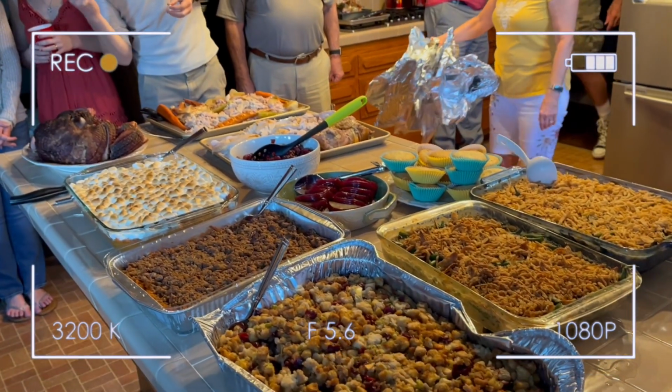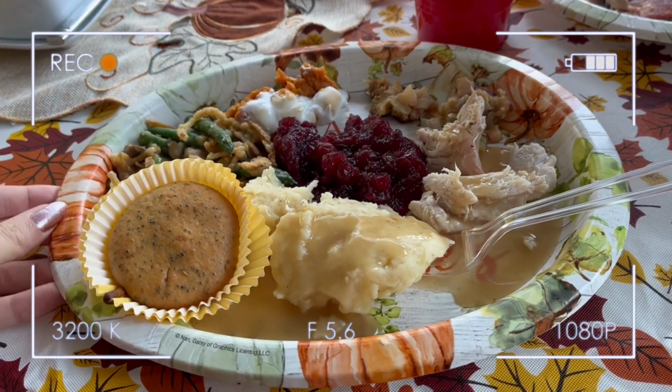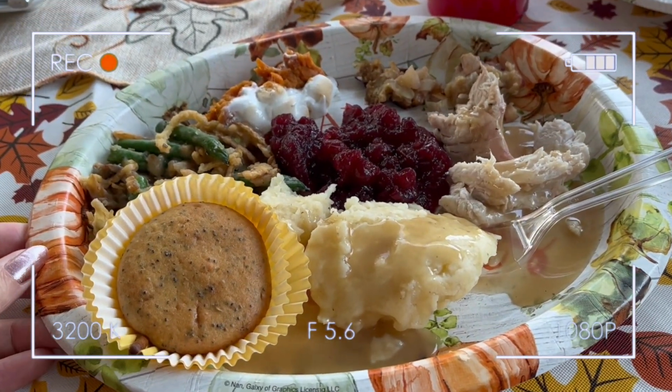So today is the day after Thanksgiving, which officially means that it is Christmas decorating day. Thanksgiving was so much fun. This was actually my first Thanksgiving in 4 years. It was my first Thanksgiving since moving back from Japan, and it was even more special this year because my